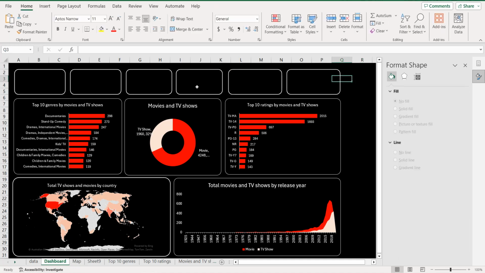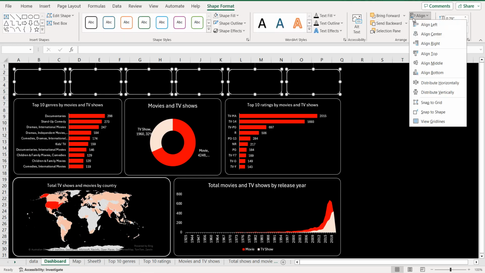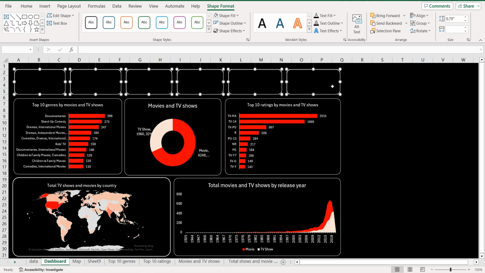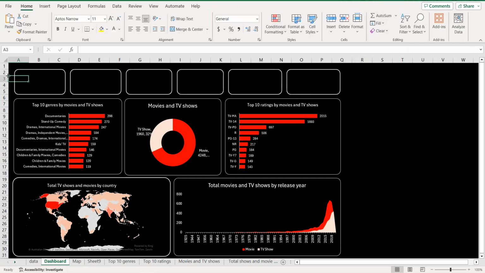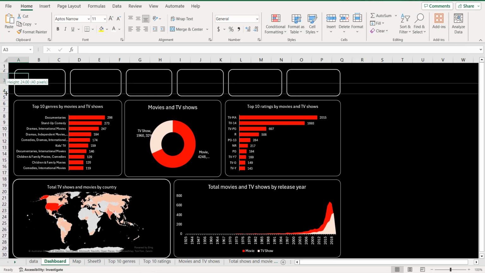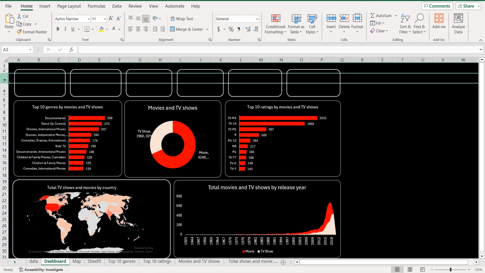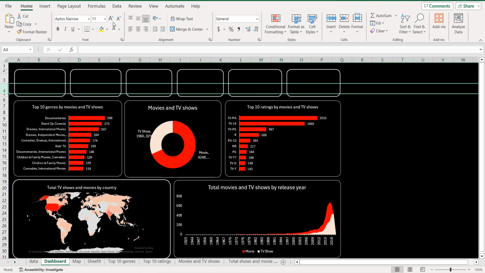All right, now I'm going to add the different values. We can also select all of them, shape format, align, distribute like this. Now for this one we'll decrease like that, increase 3, same thing for 4, and we'll decrease 5. Okay, so for this one it will be white 14, bold, this one is white 12,